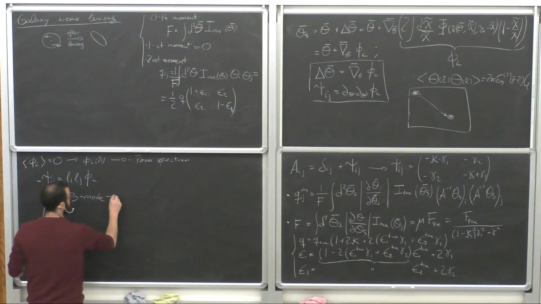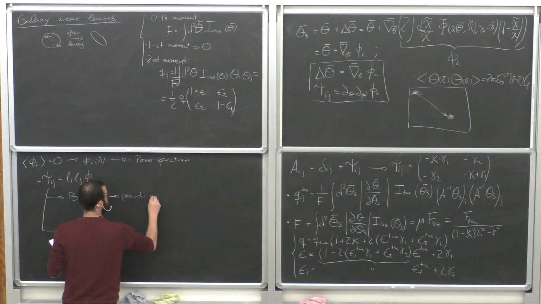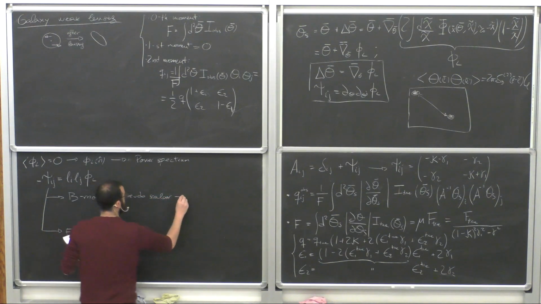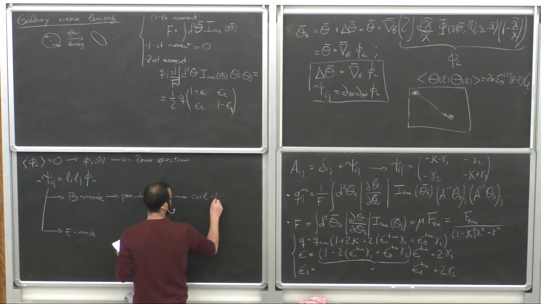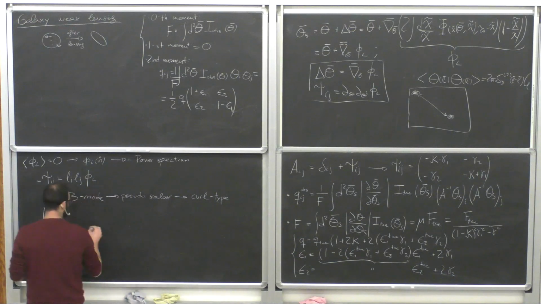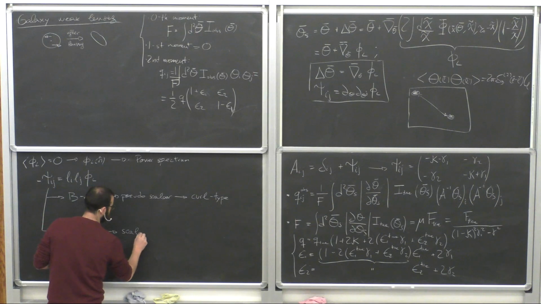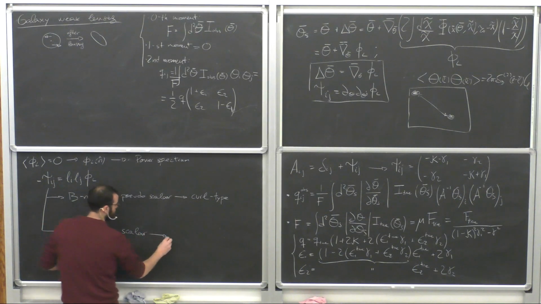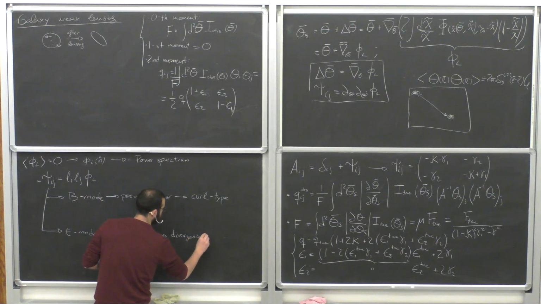So this is a pseudoscalar quantity, and basically gets the curl type components with respect to the deflection angle, and this is a scalar quantity and gets the divergence type contributions